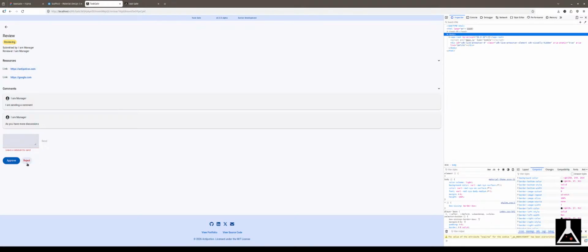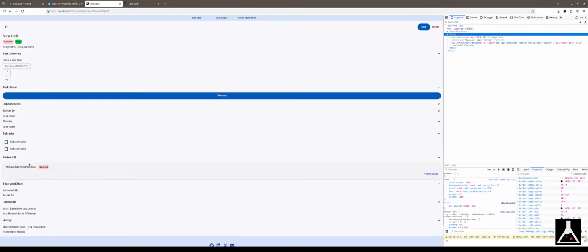So when a reviewer rejects it, you'll see that the task status is now rejected. The task action is now in resume. The task state machine handles these progressions and ensures that no invalid actions can be done, and the workflow follows